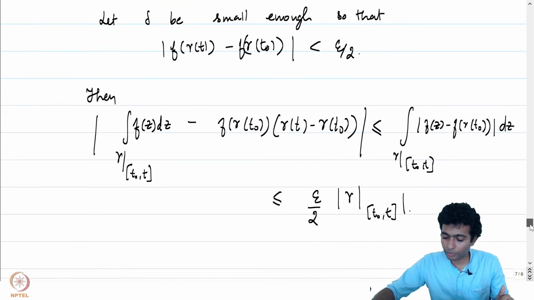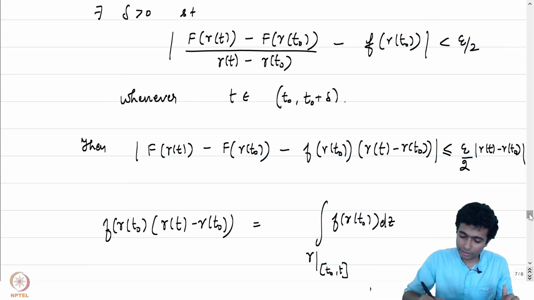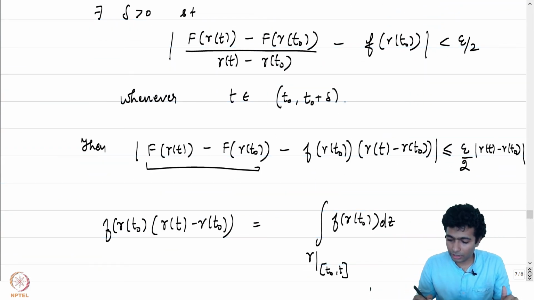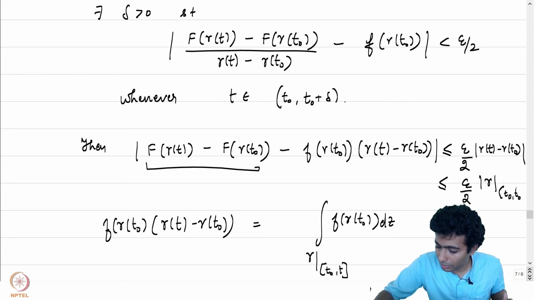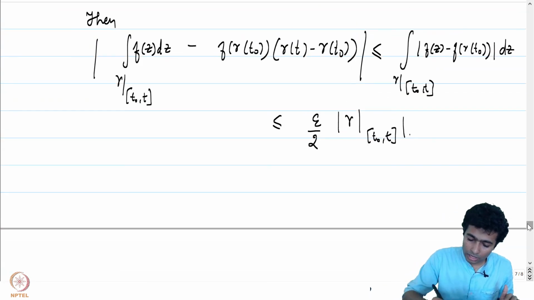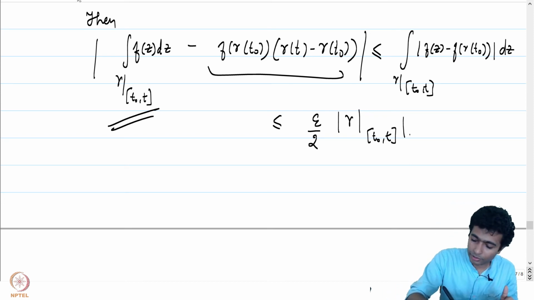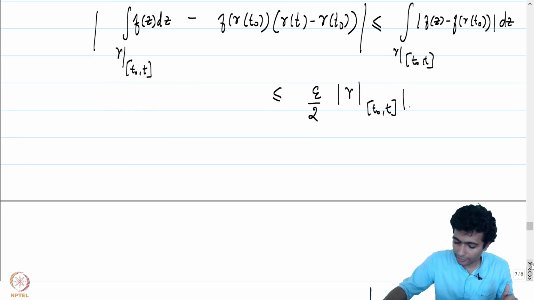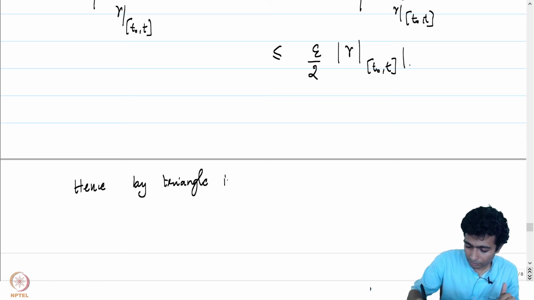We also know how close to f of gamma of t naught times gamma of t minus gamma of t naught it is. We have also estimated capital F of gamma of t minus capital F of gamma of t naught. So notice that this is in particular less than or equal to epsilon by 2 times the arc length of gamma restricted to t naught comma t. And the integral here, both are estimated by f of gamma of t naught times gamma of t minus gamma of t naught to this order. So let me now write down, by using the triangle inequality, hence, by the triangle inequality, we have,